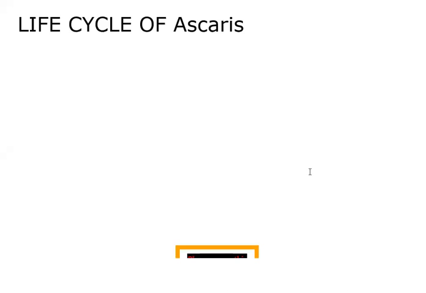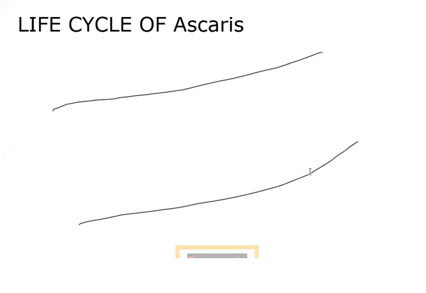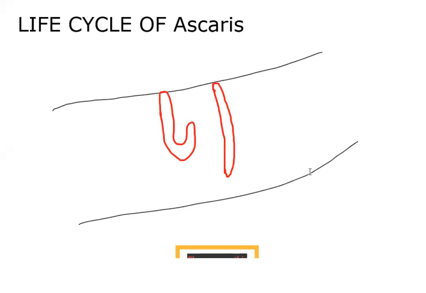Let's see the life cycle of Ascaris lumbricoides. Earlier, we have seen the structure of Ascaris and their eggs. We'll take a brief recap. We know that Ascaris lumbricoides is a parasite living in the small intestine of the human being. And we said Ascaris lumbricoides shows sexual dimorphism, the male is shorter, the female is longer,